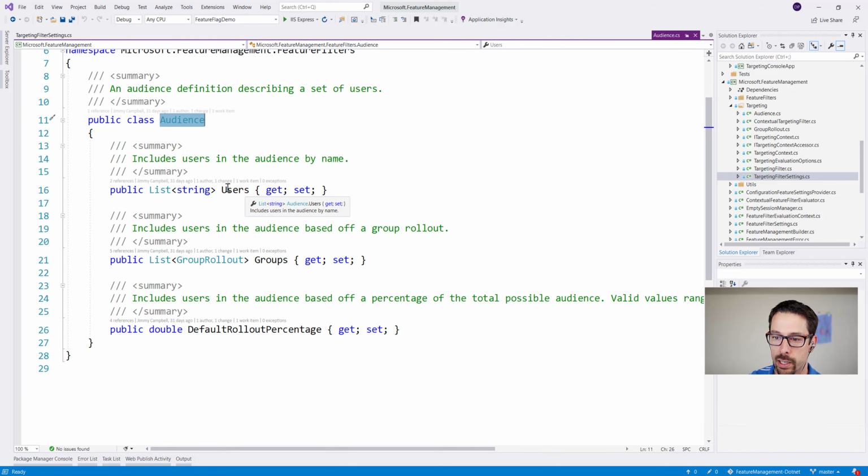If we drill into that, the audience can be a subset of users. So that can be where you turn that feature on only for your boss and not for anybody else. Or you can do a group rollout. You might be familiar with this from things like, well, the Windows team, I suppose, does this. I believe Azure DevOps does this as well when they roll out features, but they have what they call staged or ring deployments. So there is a first ring that is maybe a subset of internal users that gets the feature immediately. And then there'll be the next ring that might include a certain percentage of people that are enrolled in an insider program,